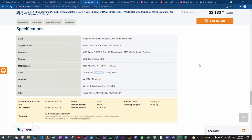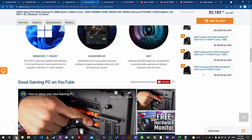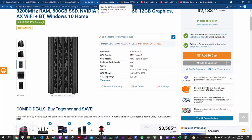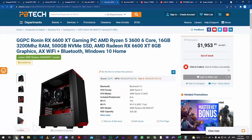2183 is actually not too bad for this computer, but I personally probably pick the Divine one from Computer Lounge still, just because it's a bit cheaper, and as well, the specs are a little bit better on the other one. So let's go ahead and pick the second one from PBTech, and it's the GGPC Ronin,